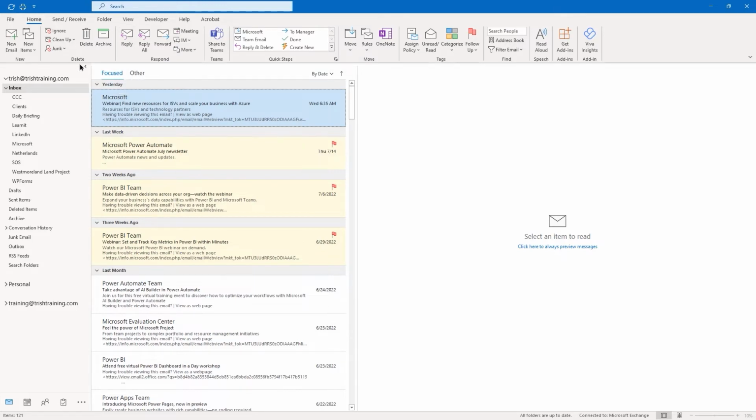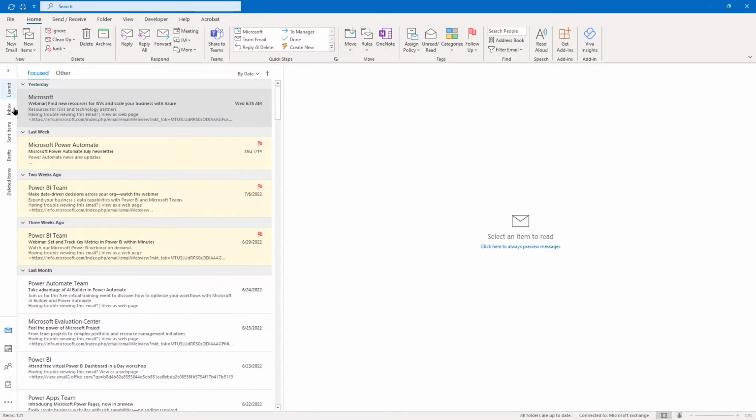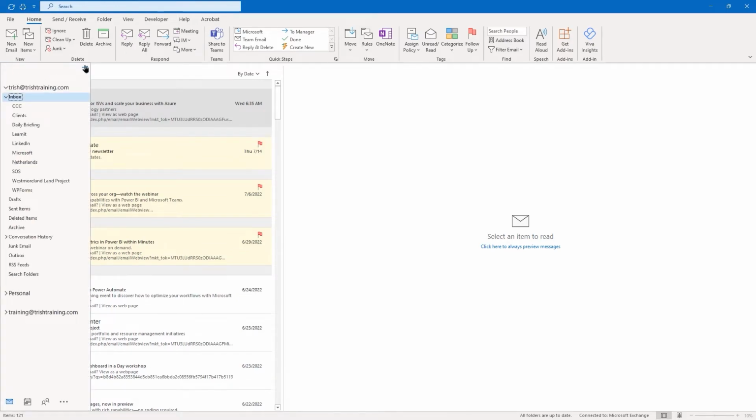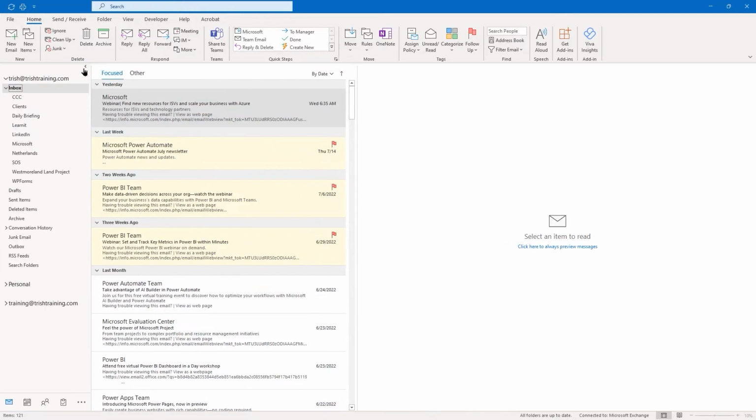On the left side of your screen, you have your folder pane, and I can minimize it by using the left arrow at the top of it and expand it again by using the right arrow. And then if I want it to stay open, I can pin the folder pane by using the push pin there. So it's back to the way it was when we came in here. These are the folders that you have in your folder pane. Now on mine, I have a lot of folders underneath my inbox, and you'll learn how to do that. But your basic folders are here.